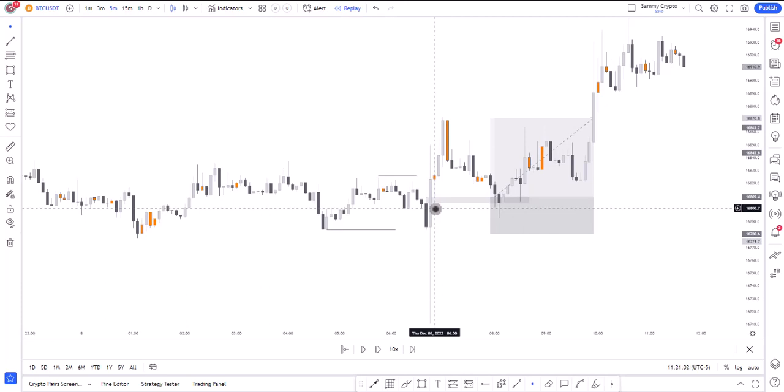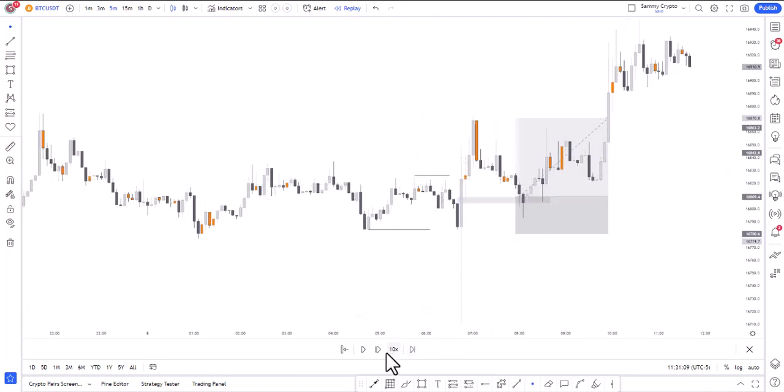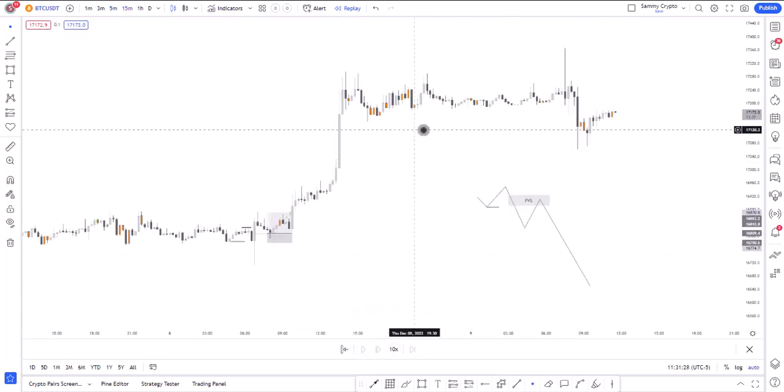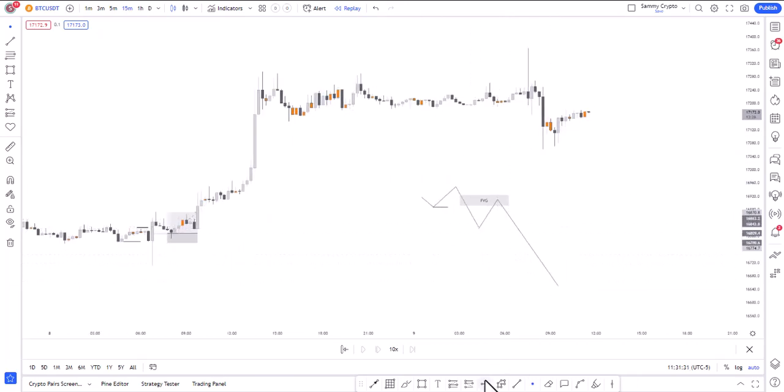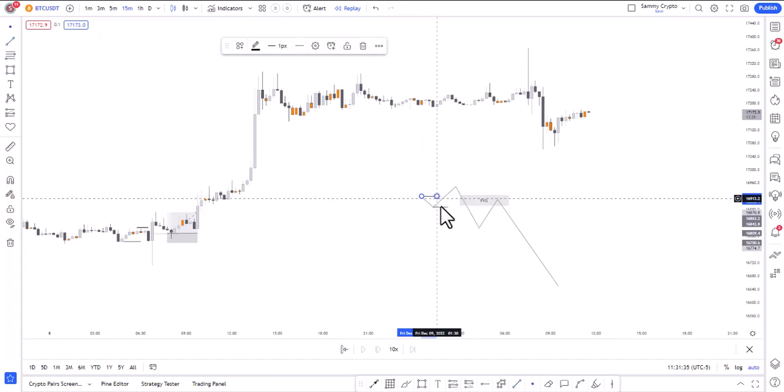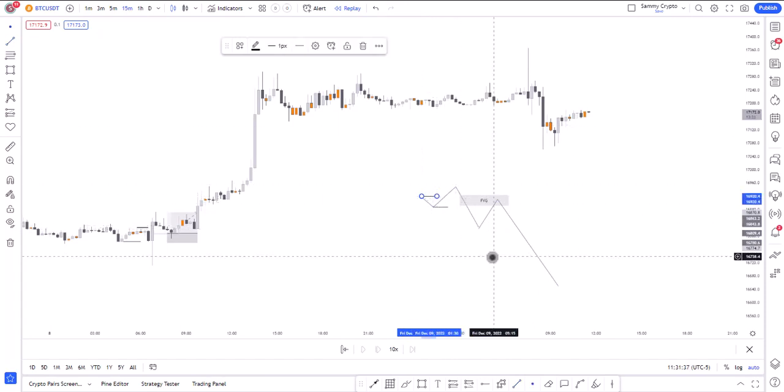Okay, so for now, all I want you to understand is this entry module. First is you want to see price run above, if you are shorting, a specific high, run above it, then break a specific low. You don't just go about looking, like I said, we are not done. This is just the beginning of this course. You don't just go about looking for anywhere